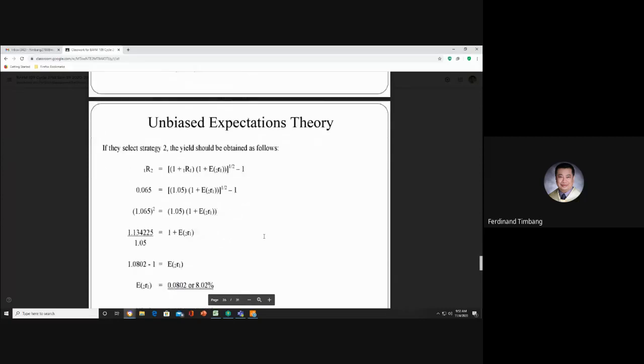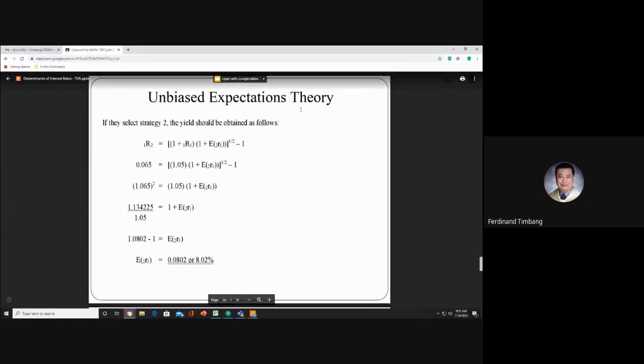Okay? So, ganun yung ibig sabihin ni unbiased expectations theory. Kaya sinasabi niya indifferent. Whether you place in a 5-year security or you placed in a security that matures in 1 year but you place it for 5 years, dapat yung kikitain mo pareho lang. Naliwanag ba? Opo, sir. Okay, so maliwanag yun. Okay, so punta tayo sa susunod.